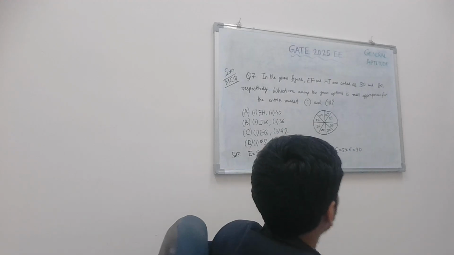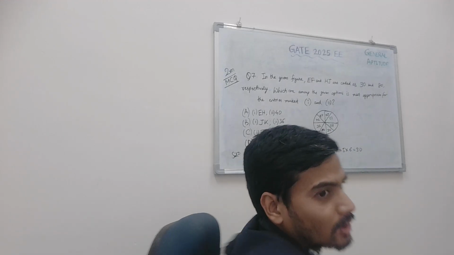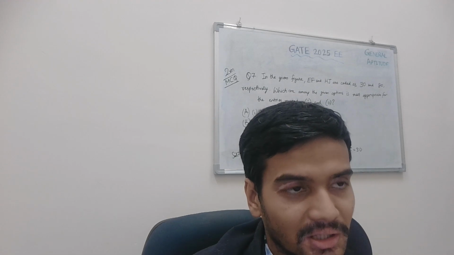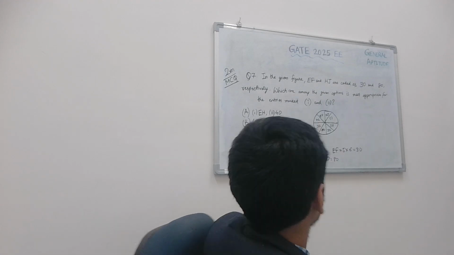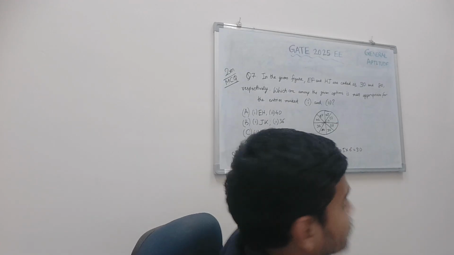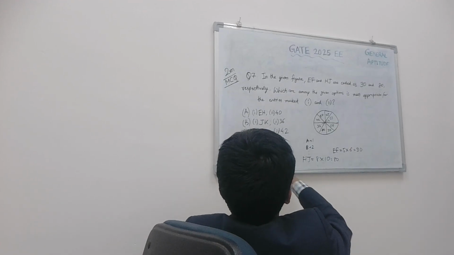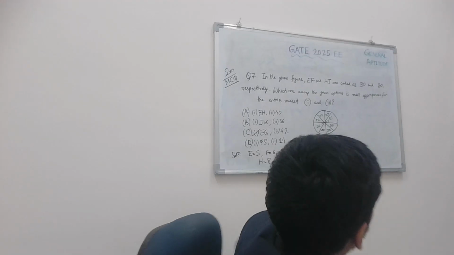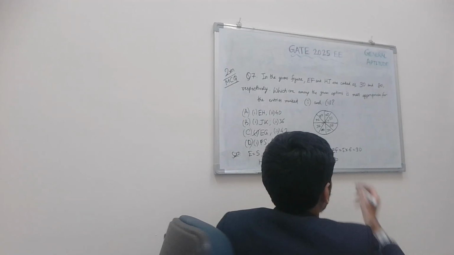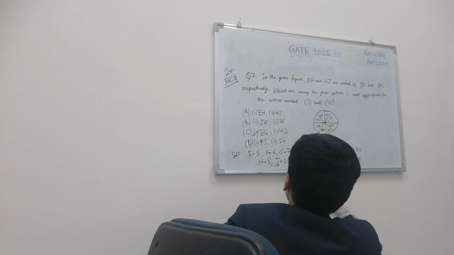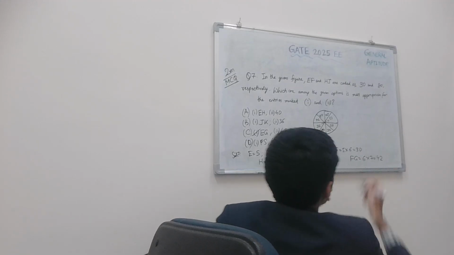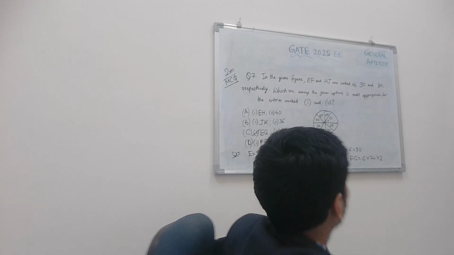So similarly 35 is the product of 5 and 7. 5 means what? E, and 7 means what? G. So opposite to this should be EG, this 5 into 7. And opposite to FG should be what? F means 6 and G means 7. 6 into 7, 42. So opposite to FG, it should be 42.